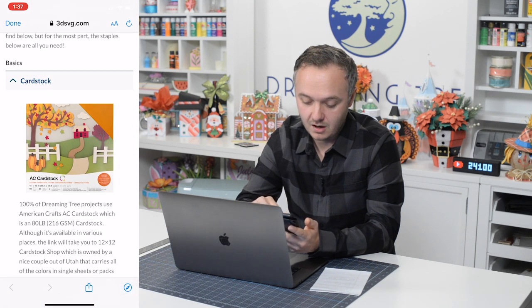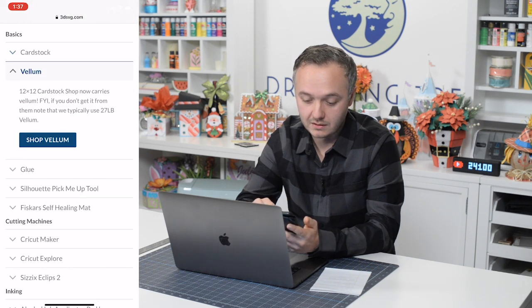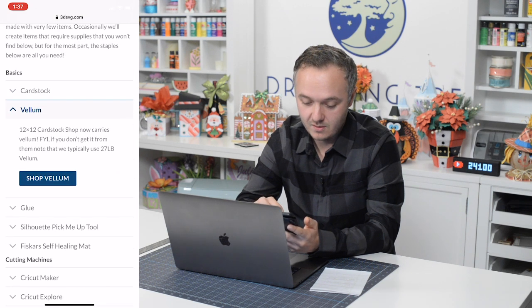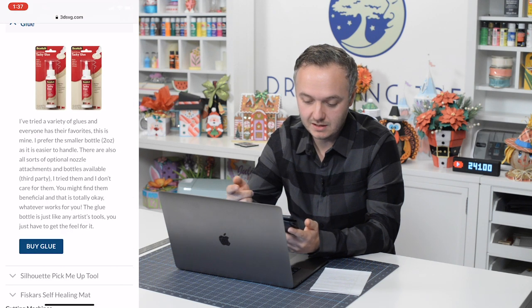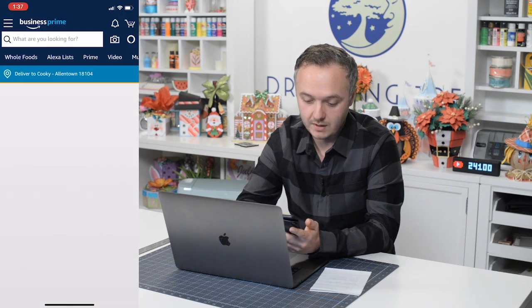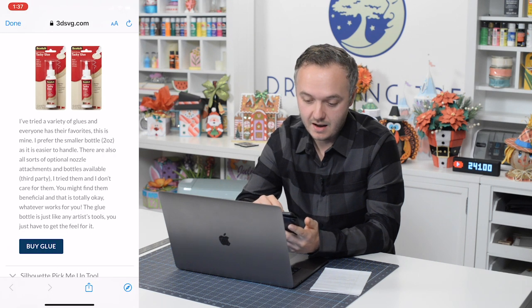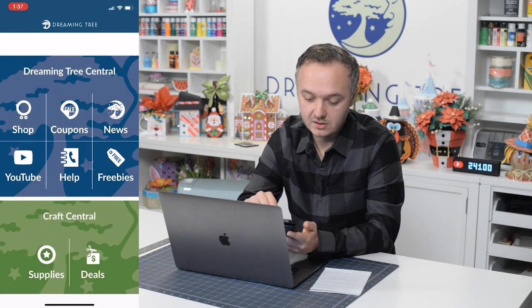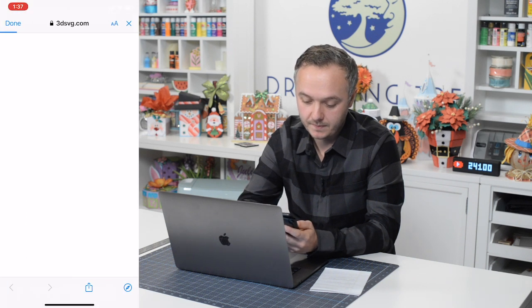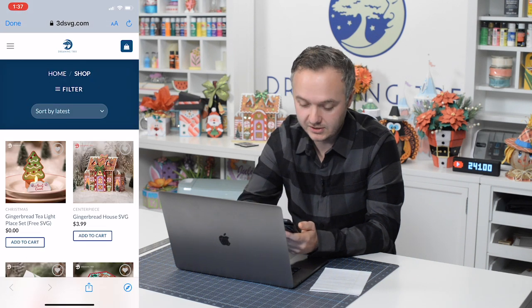You've got links to the cardstock, the vellum. You can order it online. A lot of this stuff will take you to Amazon, for example, and you can order it directly from Amazon, okay? Now, one other thing too, if we click on shop, it brings up our entire list of